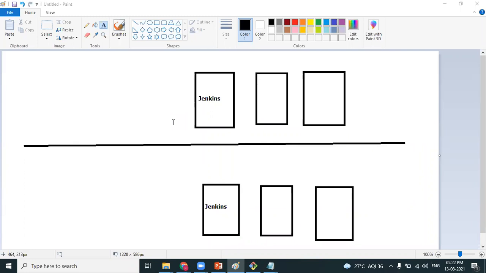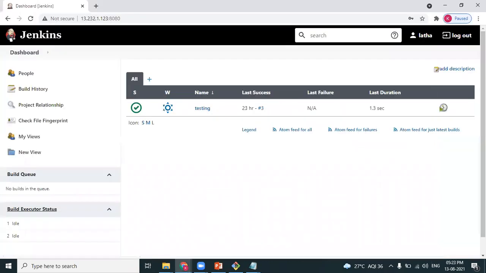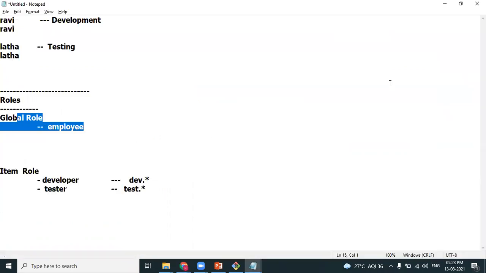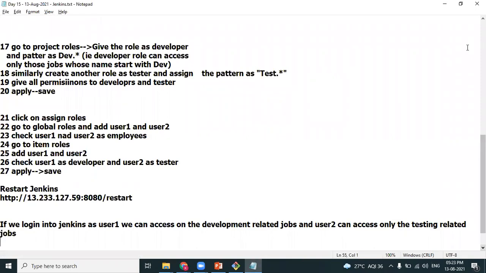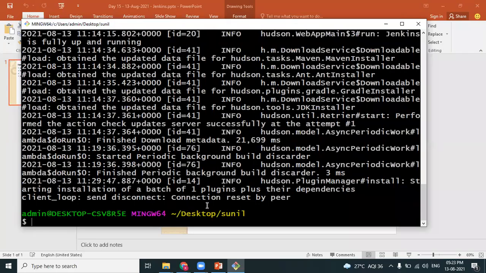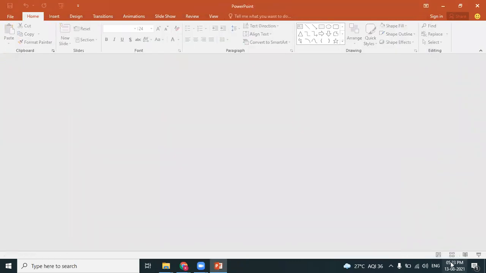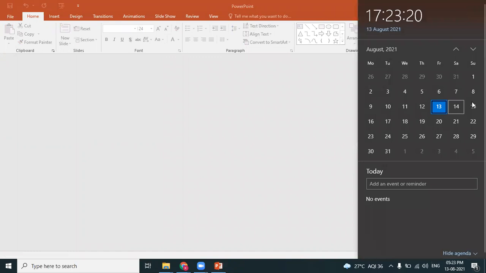Okay, so that's it for today's session. We have understood how to create multiple users and provide field-restricted actions on the Jenkins dashboard, while as a DevOps engineer, you have full access to the dashboard. The next plan is to understand the master-slave configuration in Jenkins, which is very important. We will not have a session on Saturday and Sunday. The next session is on Monday, where we learn about master-slave configuration in Jenkins.